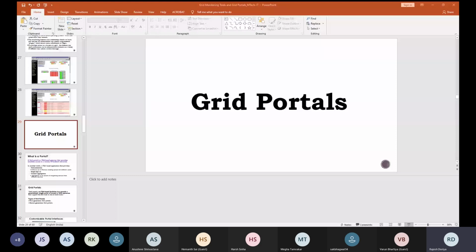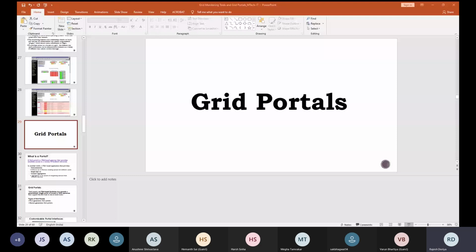So these are some of the basic features of a portal, right? So this was another way of defining grid portals. You can say that these are the web-based facilities that provide a personalized single point of access to the grid resources that support the end user in one or more tasks, right?